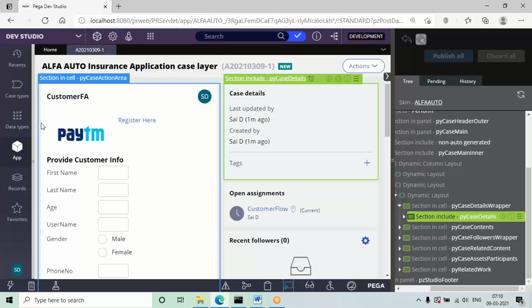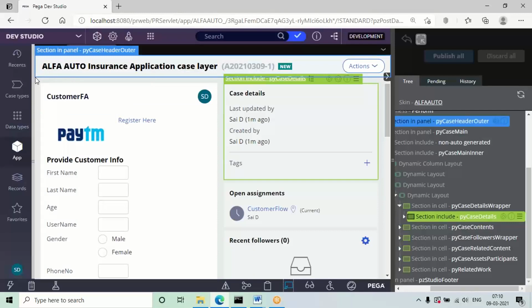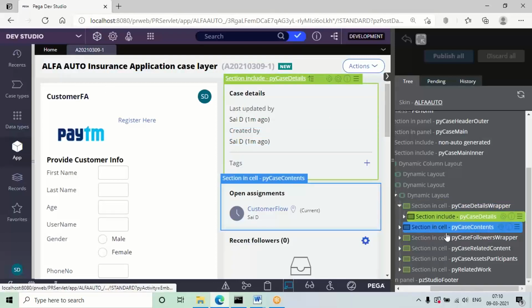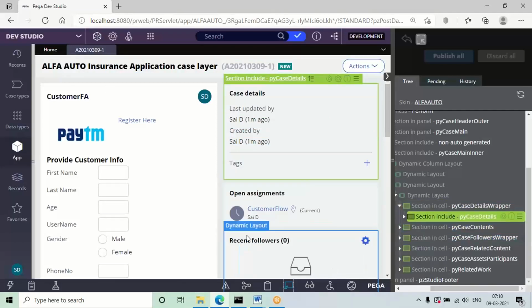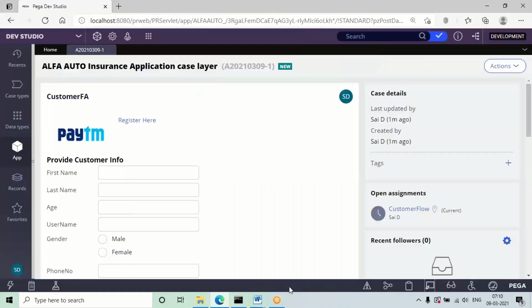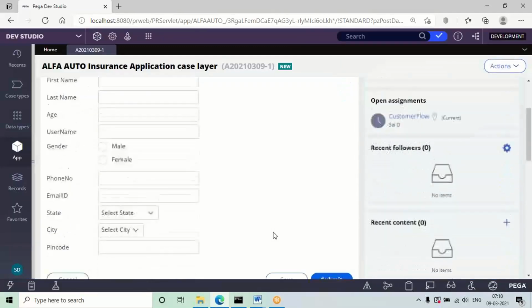It identifies the harness name, the section names, and inside that the layout names. Again, if you want to remove the live UI, click on the live UI option and it will be removed. If you submit this,